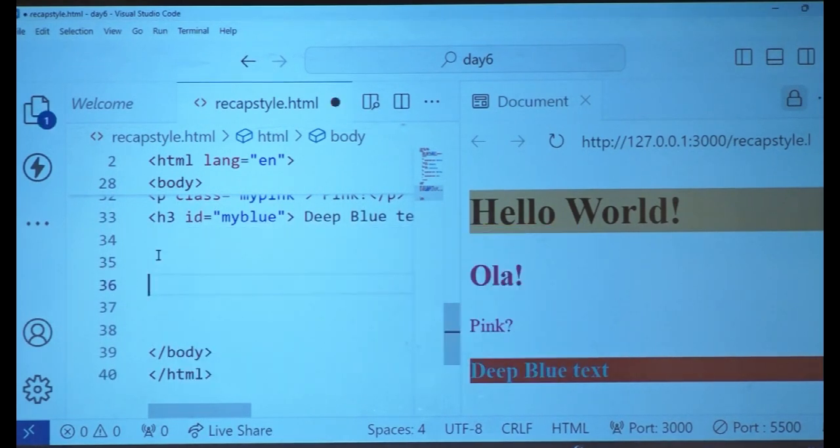Now let me go over and talk to you about a couple of three more most important things that everybody in CSS must know. I've always told you from the beginning,